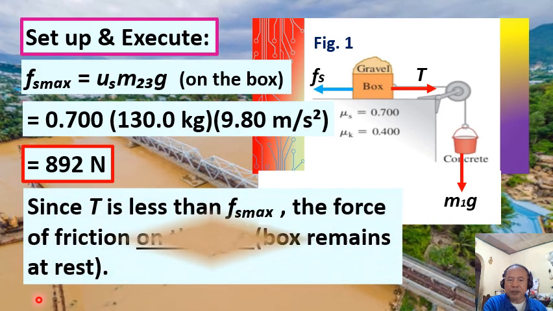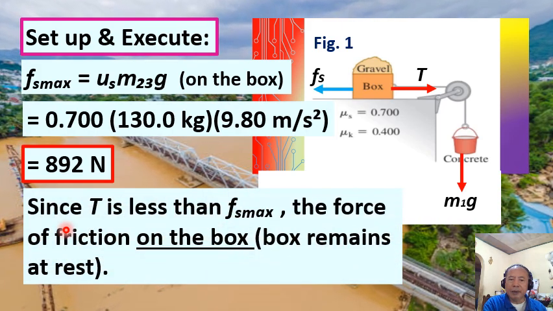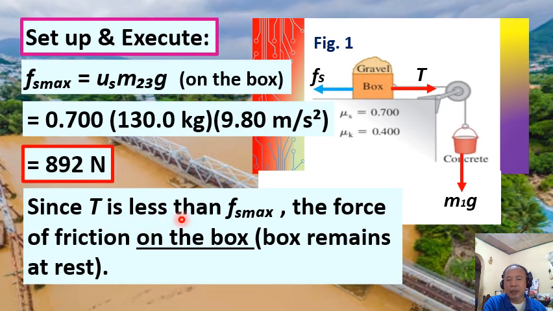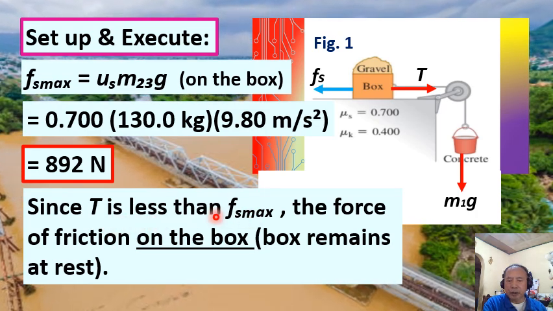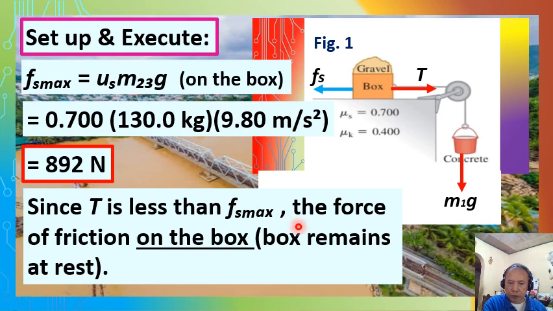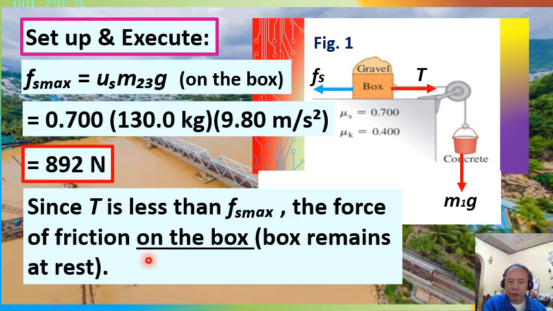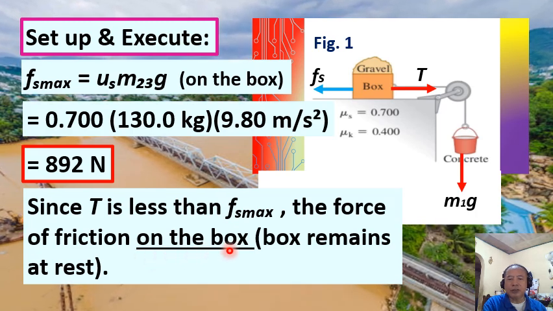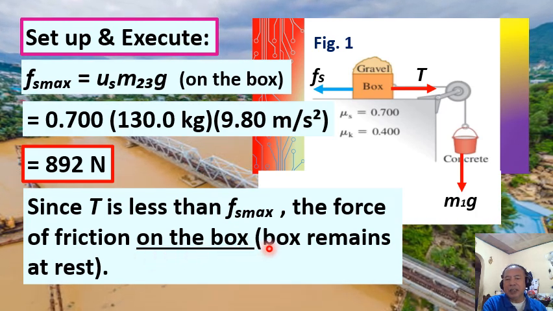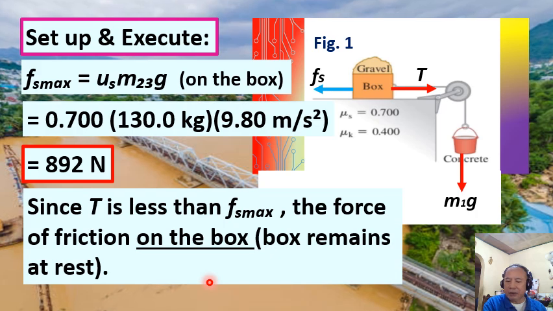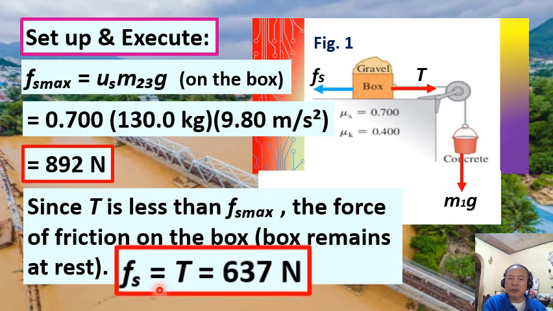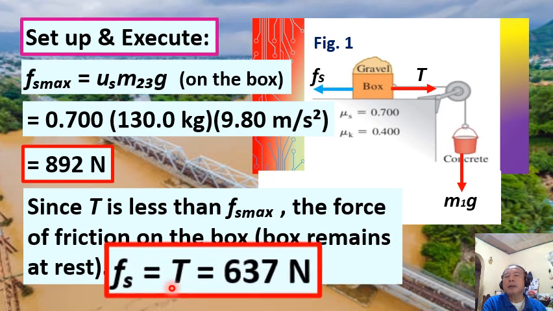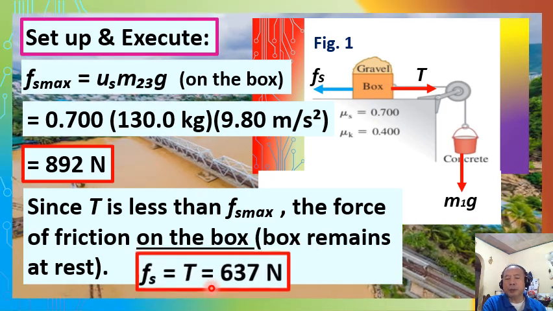And we say that the tension force T is less than the maximum static friction. So therefore, the actual force of friction exerted on the box, which incidentally remains at rest, right? The actual static friction is just equal to the value of the tension force, capital T, which is